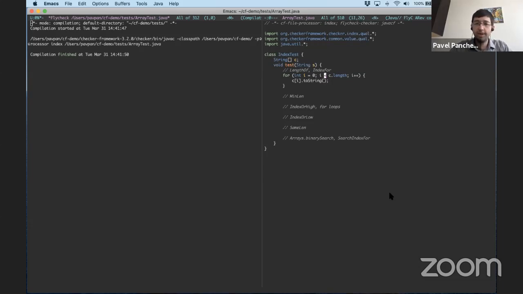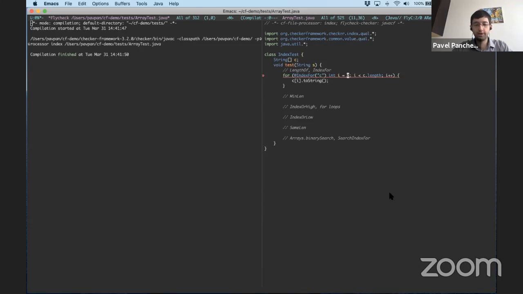Let me try to make it a little easier to see what's going on internally. What we'd like to do is establish that I is an index for C. So our first idea might be to write something like this. But if we do this, you'll see that the checker framework actually complains about some stuff.